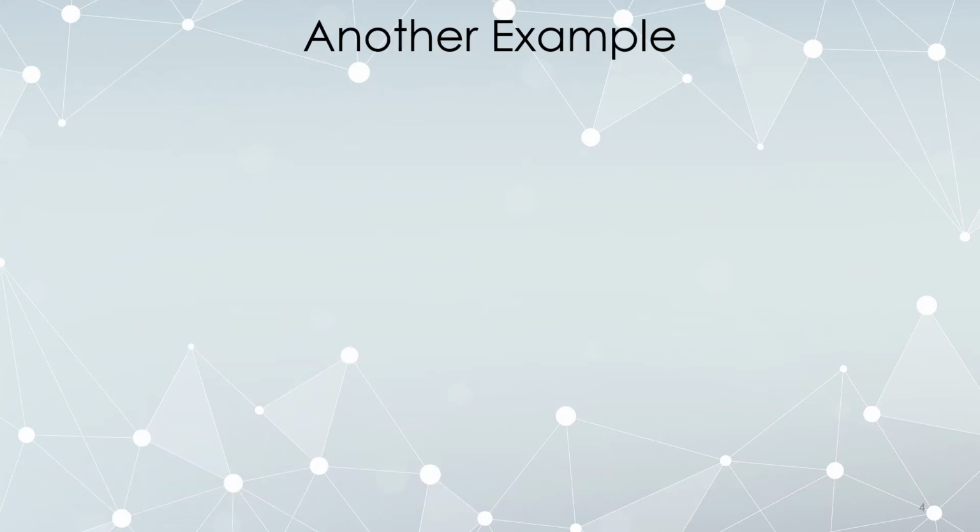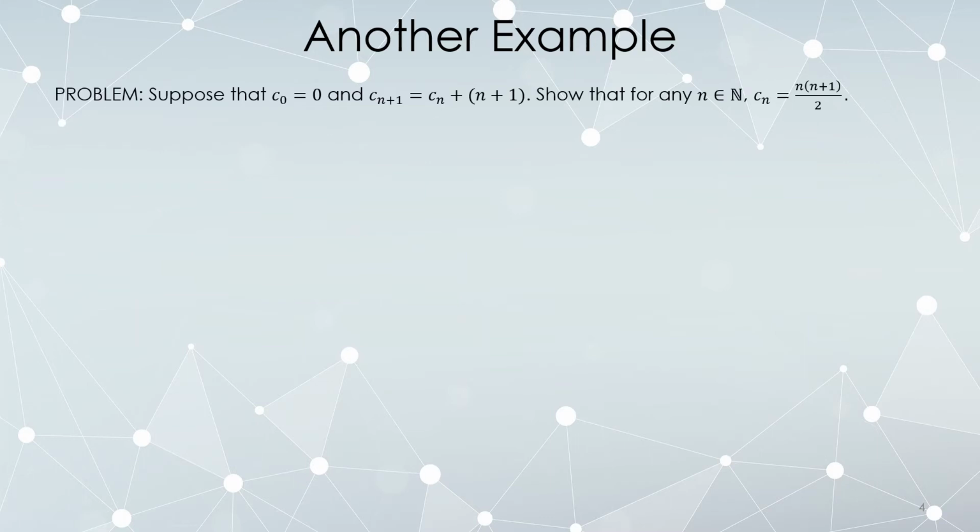Let's take a look at another example. Suppose we have a sequence where c sub 0 is 0, and the sequence is recursively defined so that c sub n plus 1 is c sub n plus n plus 1. Show that for any natural number, c sub n can actually be computed by this right here. We're going to go ahead and use division. Okay, we do know how to compute such things. So we begin our proof